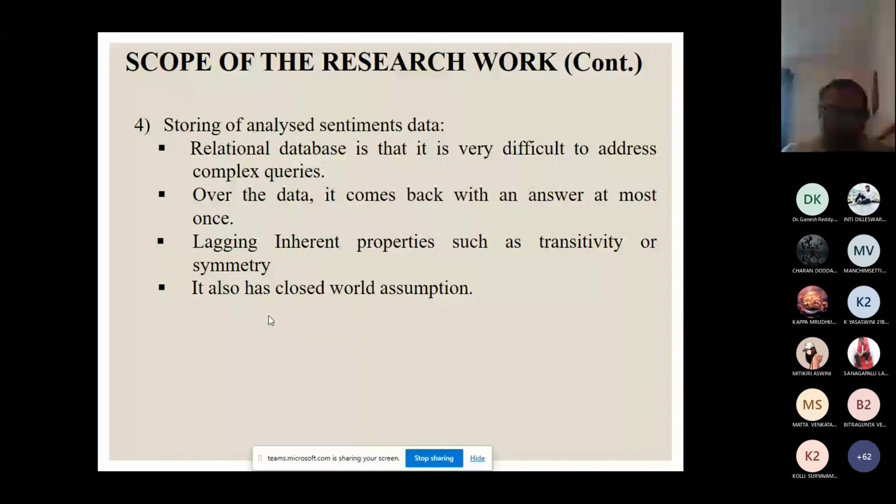So I went to another approach like ontology, and we are using a query, which is a SPARQL query. There we use the inference, which is also related to knowledge based systems.